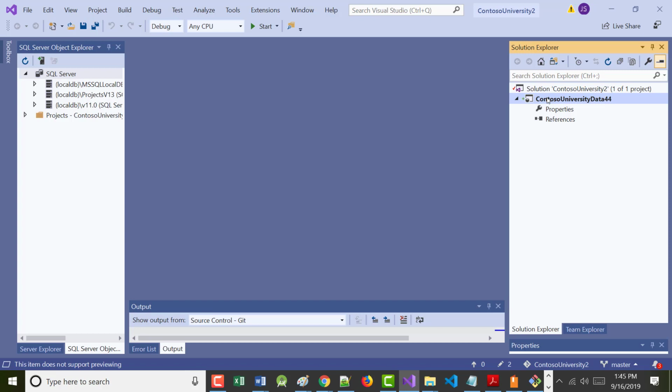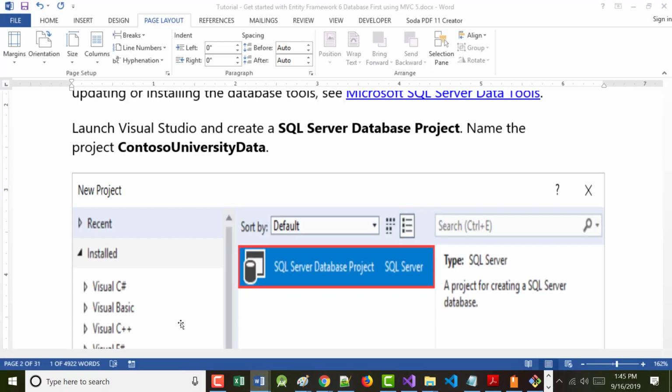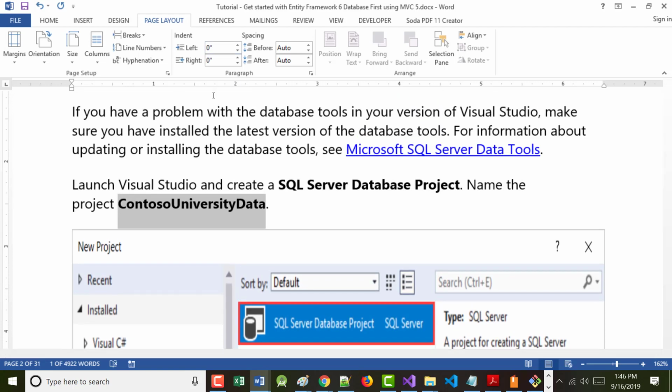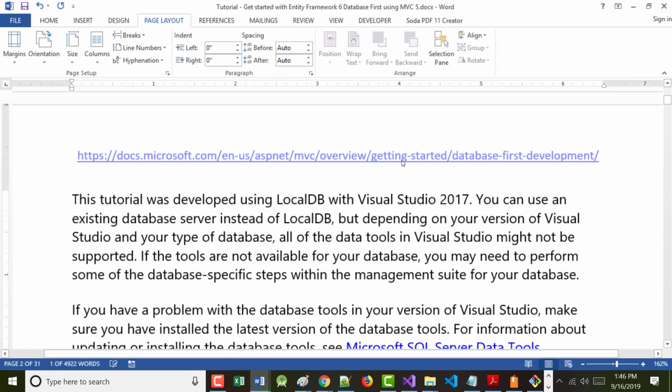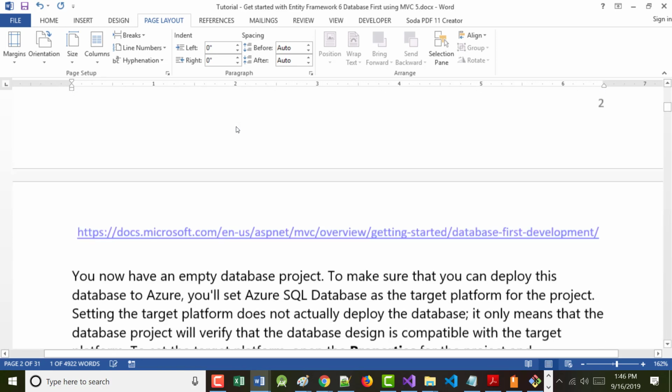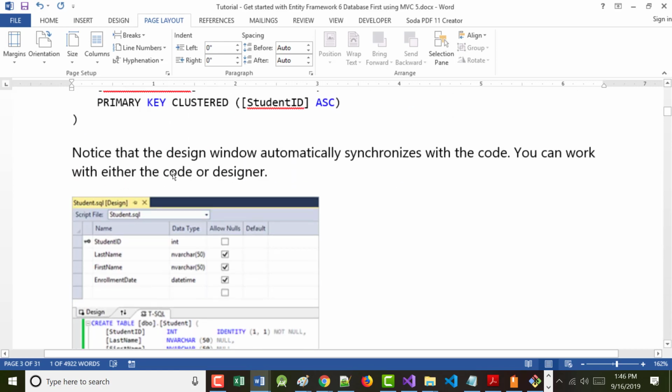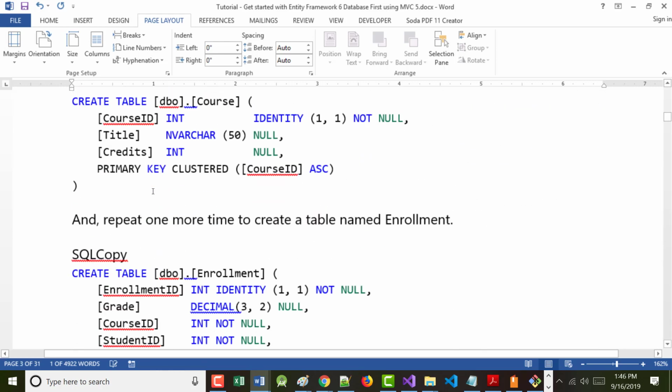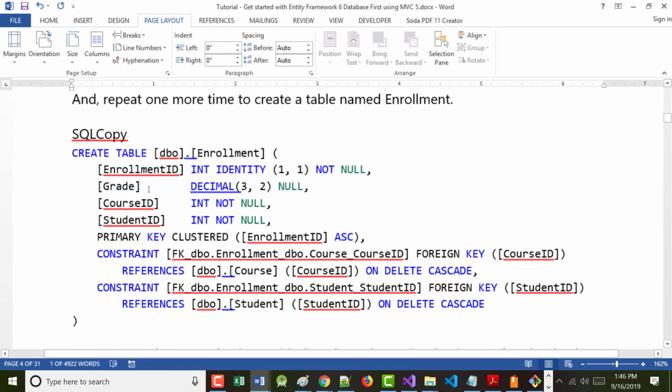So what I'm ready to do now is to create my 3 tables in here. My hope is everybody can go out to this website right here. So if you don't have that document up, you can bring it up, because the code you'll need to do that is right here, and right here, and right here.